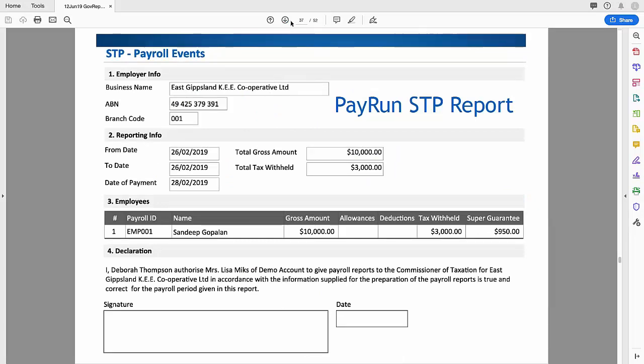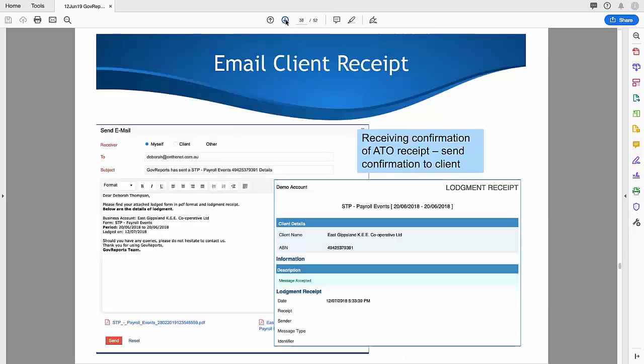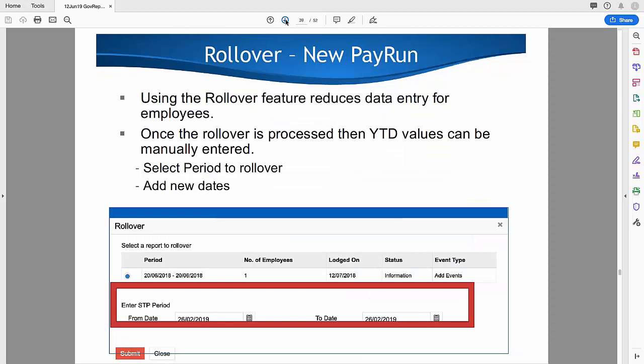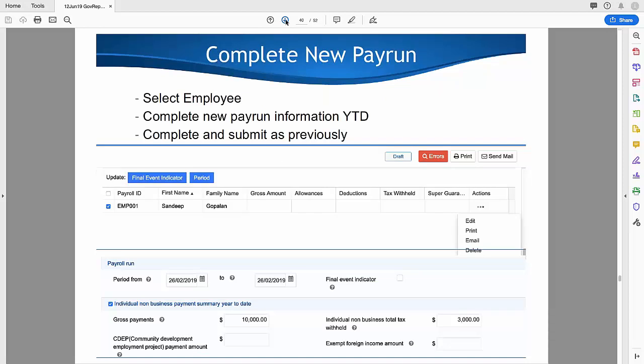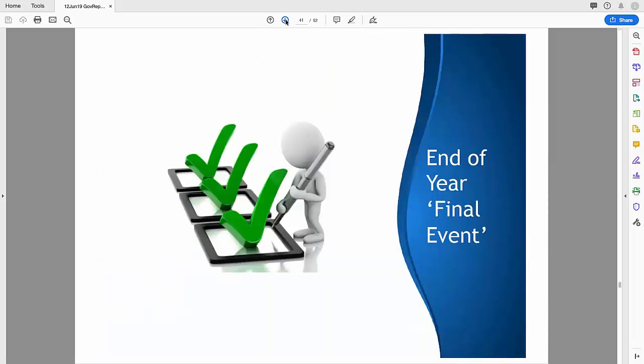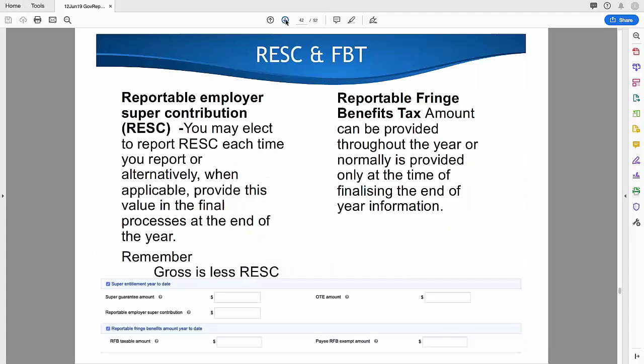And you can see here the information. Once lodged, you've obviously have the email client receipt, which you can forward to your client, and then you have the similar process, but using the rollover, it will now bring in the employee information and you'll complete the next pay run that way. At the end of the year, you will have your other things to take into consideration,